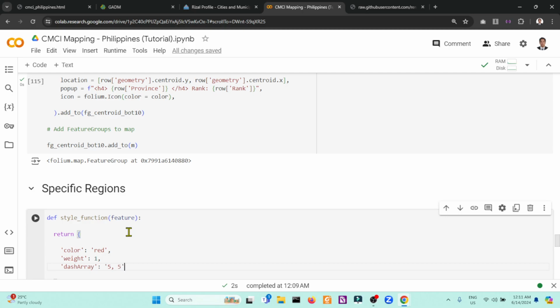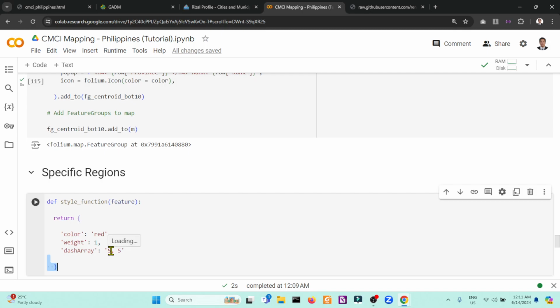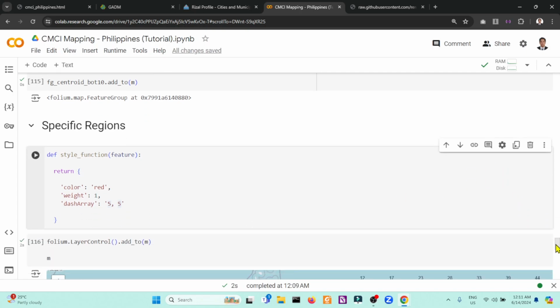So this sets the border style to a dash line. The dash array property defines the pattern of the dashes and the gaps. So this value of 5 means a pattern of 5 pixels of dash followed by 5 pixels of gap. So it's a broken line with a specific customization.